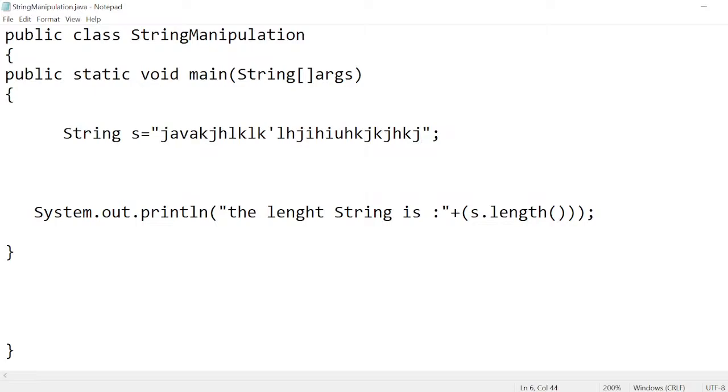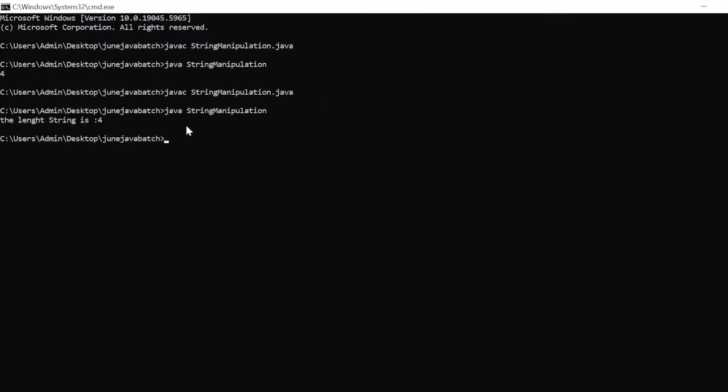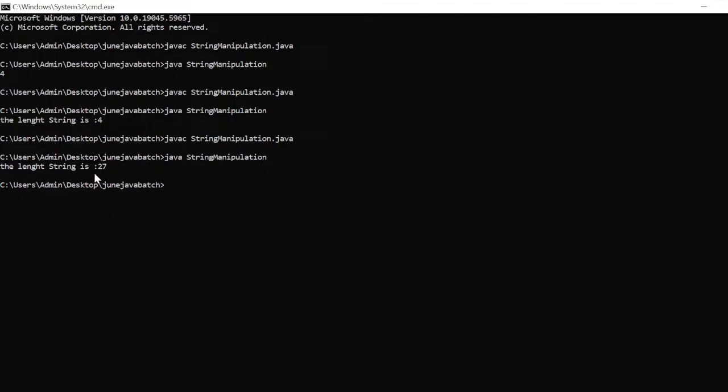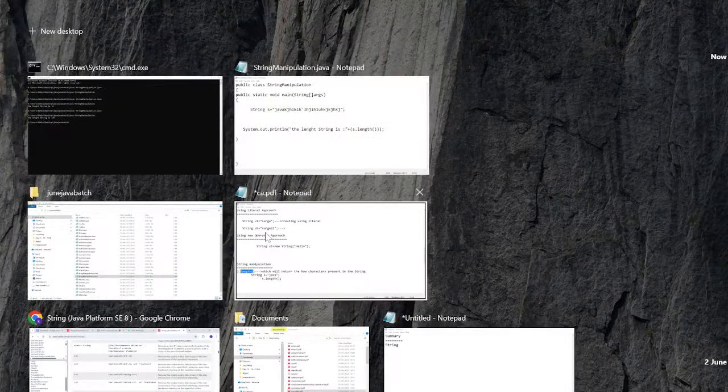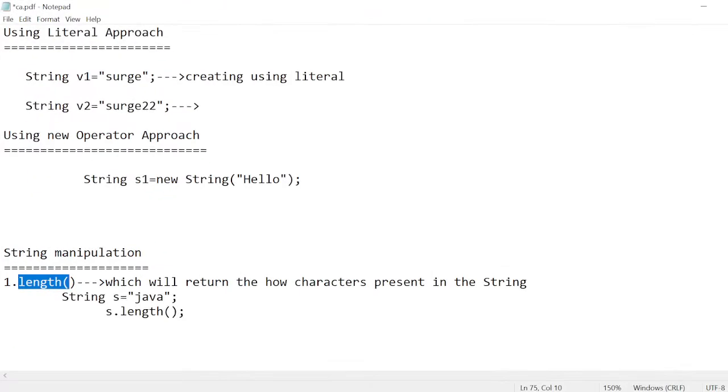If you take a number of characters also, I'm taking a number of characters. Okay, I'm saving this one, and simply you can come here and compile: javac and java. See here, how many characters will be there? 27. Okay, fine. This is the length method. Next method we are going with